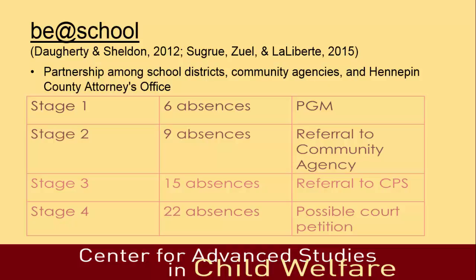The Be at School model is implemented by the County Attorney's Office in Hennepin County, Minnesota, and involves a partnership among school districts, community social service agencies, and the County Attorney's Office. The model is composed of 4 stages. A student is initially referred to Be at School after they have accrued 6 unexcused absences. The family receives a letter from the County Attorney's Office that outlines compulsory attendance laws, explains the importance of regular